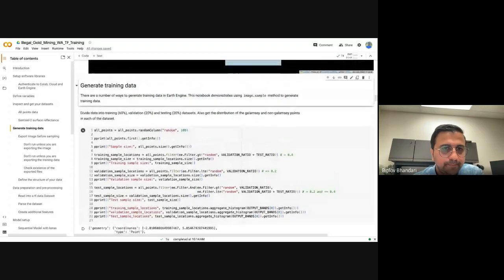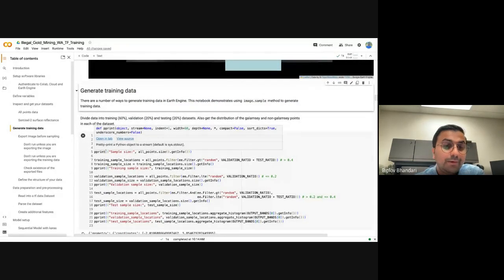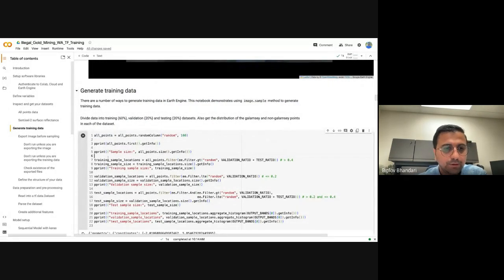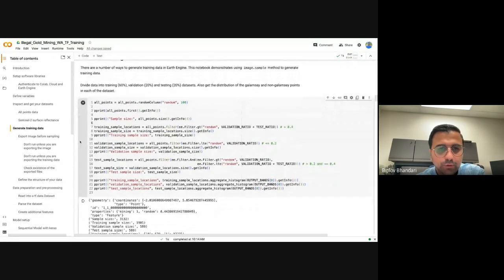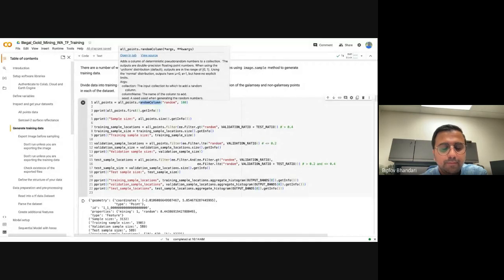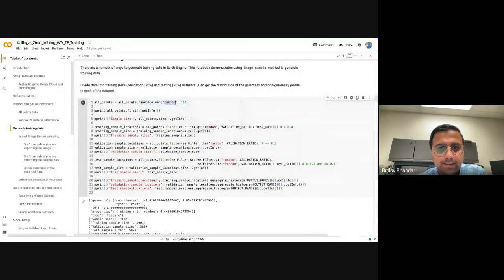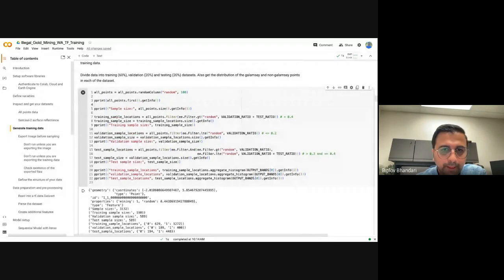Next, we'll generate our data to actually run the model. In order to generate the data, I'm assigning a random column. So it randomly puts out a column named random, and here's the seed value. So this is more of a stochastic nature, and when you repeat this experiment, you'll also get a similar result. We talked a little bit about that yesterday.